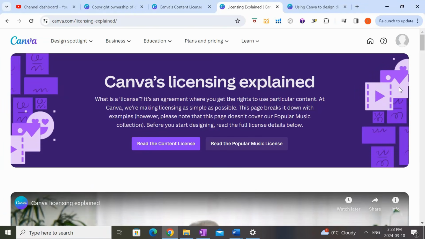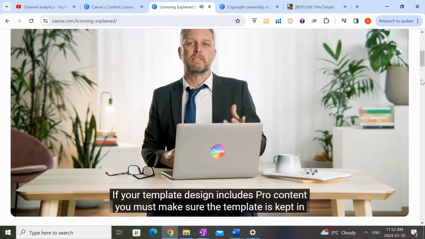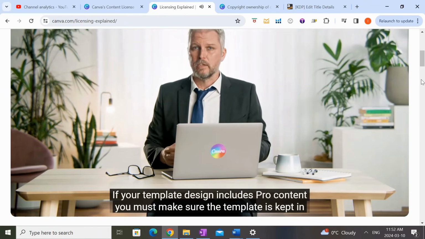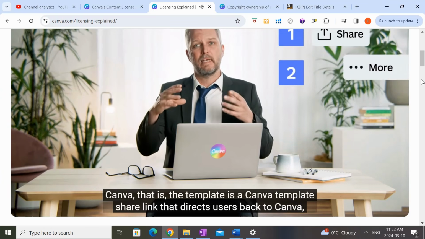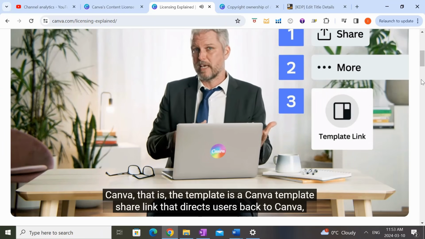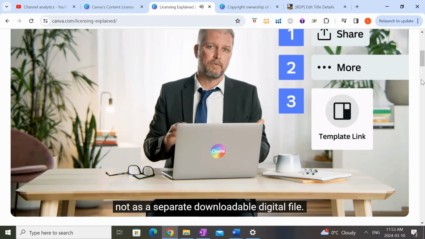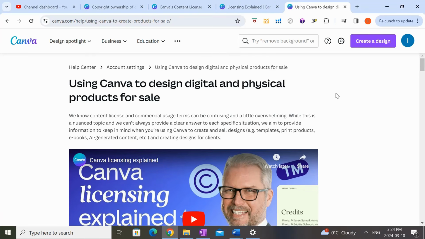Firstly, there are some restrictions when it comes to using Canva templates, which is further explained in Canva's licensing video here. If your template design includes pro content, you must make sure the template is kept in Canva. That is, the template is a Canva template share link that directs users back to Canva, not a separate downloadable digital file. The reason why I want to highlight this part is because there is often some misconception that